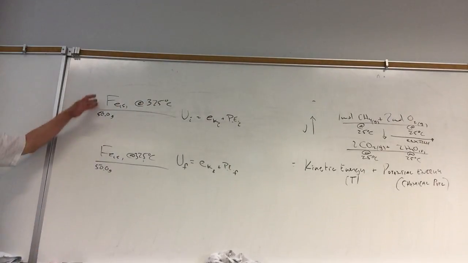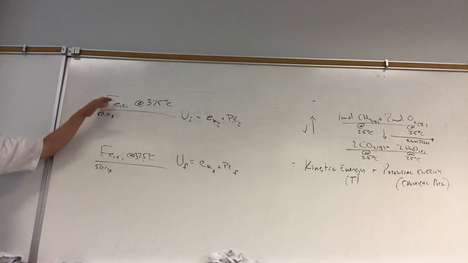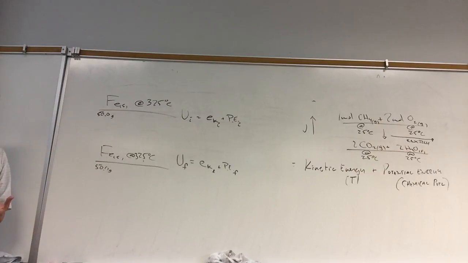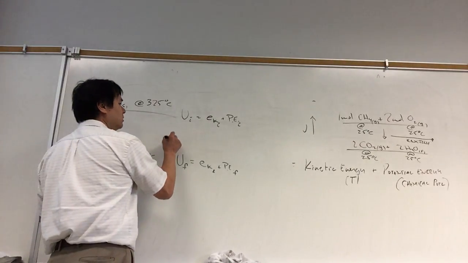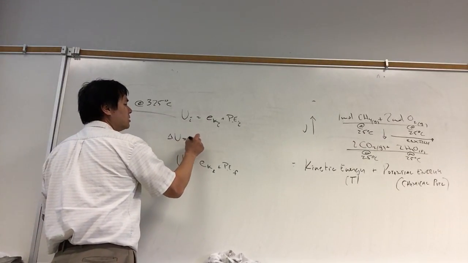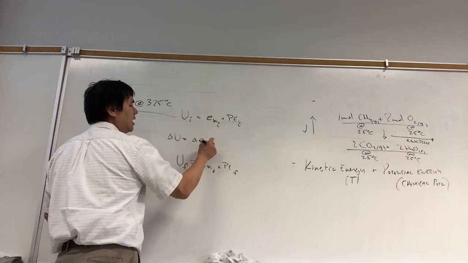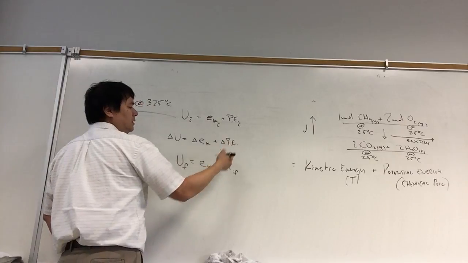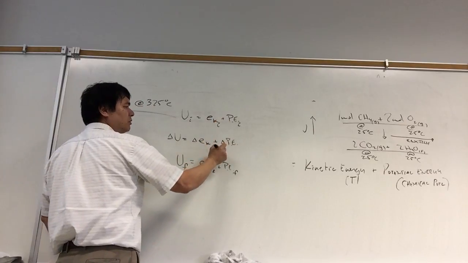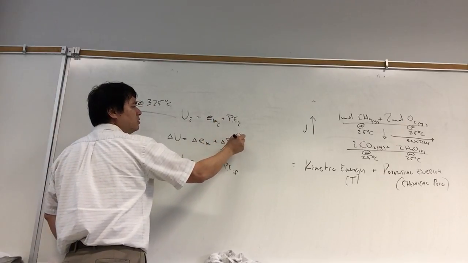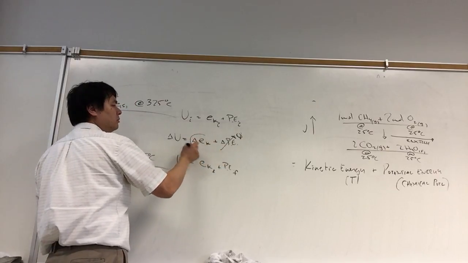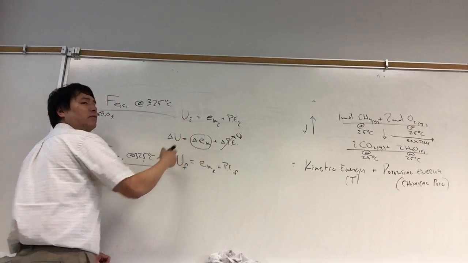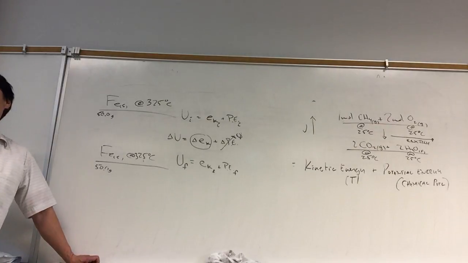Now, we look at a chunk of iron, it's still a chunk of iron. Did anything happen to its potential energy? Do we get stronger bonds or weaker bonds or what? No, nothing happened. And so when we look at delta U here, the change in internal energy is equal to delta E sub k plus delta PE. Delta PE is just PE final minus PE initial. That's 0. And so there was no change in potential energy. So the only change in internal energy here came from the change in kinetic energy. That is, this change in